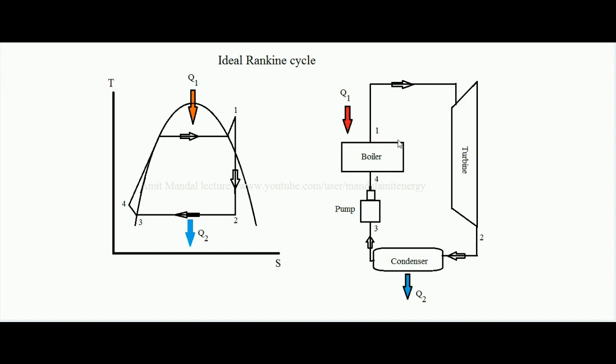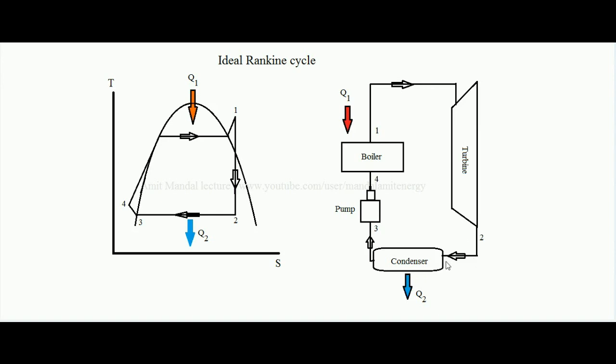So what is the job of the boiler? The job of the boiler is to prepare the steam. In the diagram we can see from point 4 it takes the liquid water in and ejects out superheated steam from point 1. That superheated steam is sent to the turbine, where the steam expands isentropically, meaning in the turbine the pressure falls continuously, and at point 2 the steam comes out with condenser pressure.